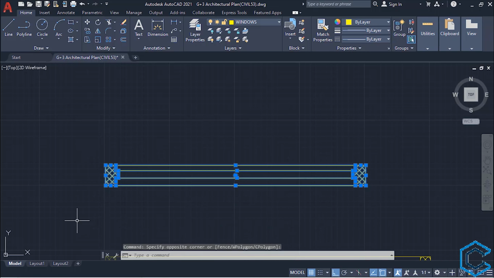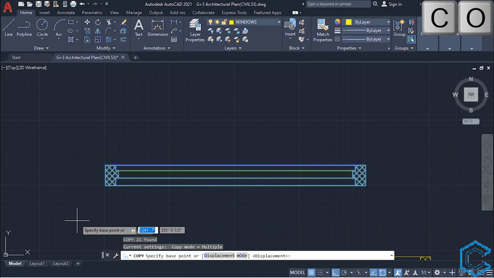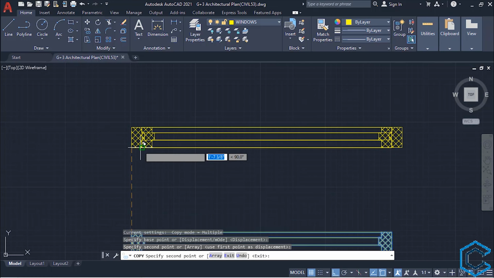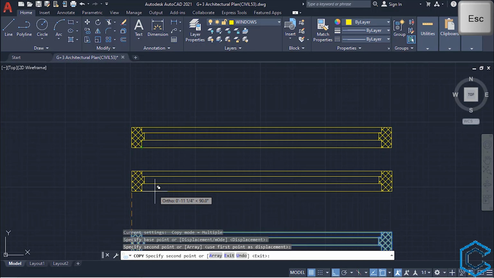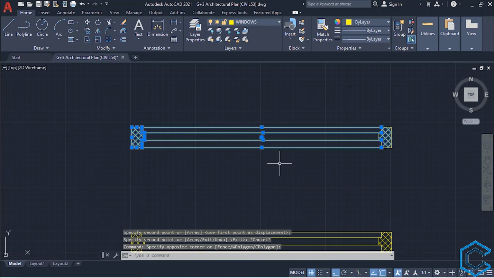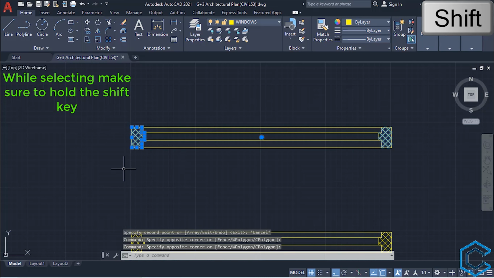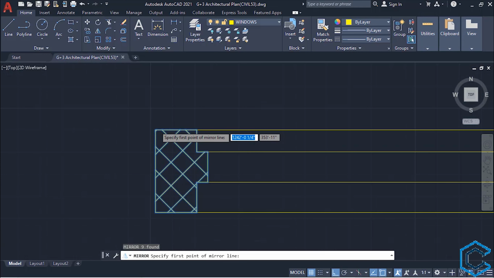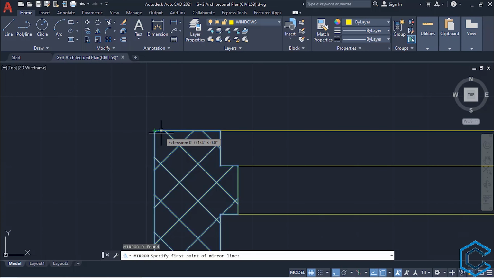Select this line, type CO, enter, base point, and this is left click. Press escape to come out of the copy command. Now select this line, press and hold shift to remove this from the selection. Type MI, enter, hover to this point, move the cursor a little bit like this, and then give a distance